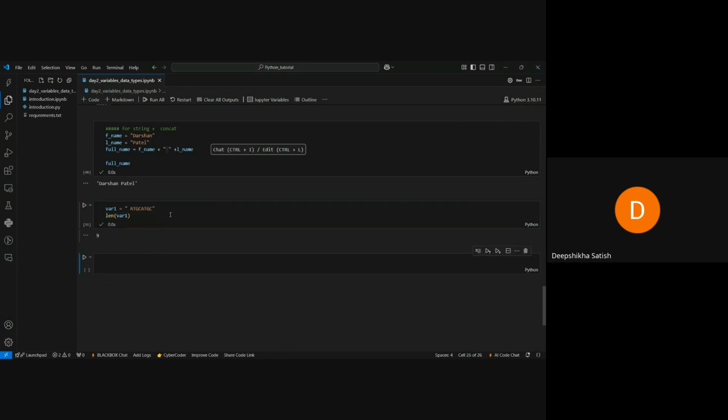Now you can see it is 9, because this one space is also considered as a value. If I add two spaces, it will consider that at this position also we have a value. Okay, so